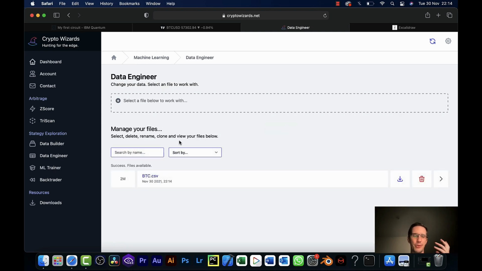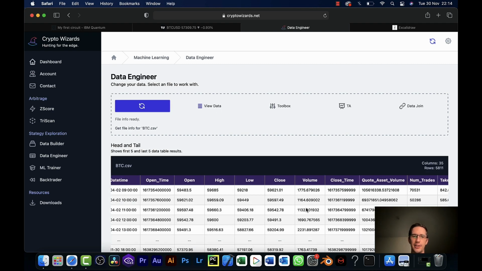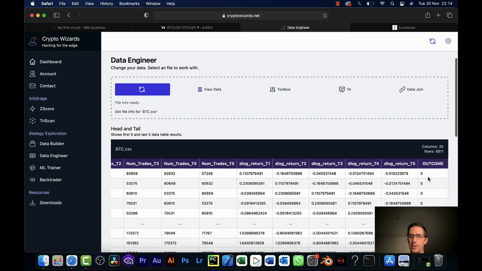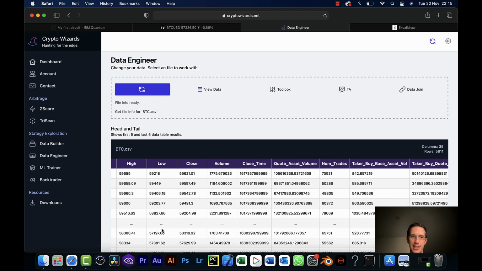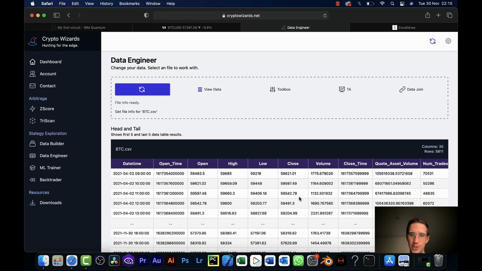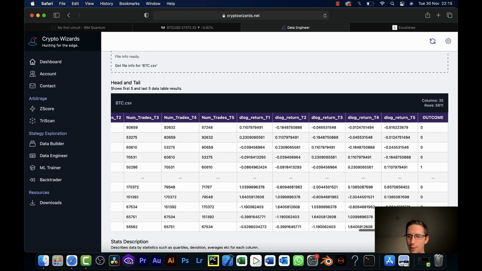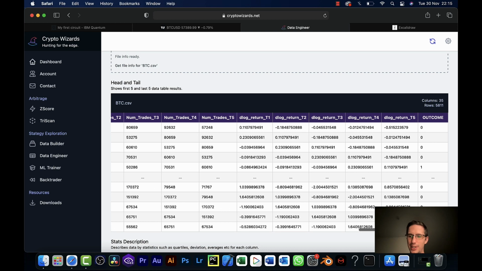And just for your benefit, let's go back and take a look at the data set so you can see what that actually looks like. So if I go to view data and go to the very end, here's that outcome column. So you can see 0001. And if I look at the close price, where are we? Let's go back here. There's a lot of data now. So we can see that here the close price would have gone up in the next hour, but in all these time steps, it essentially went down. So this 59542 jumped down to 59491. So that was a 000. If I go back to the right here, we can see here was a 1. So if I go over here, we can see we went from 57097 to 57175. That was a 1. So yes, here's a 1.